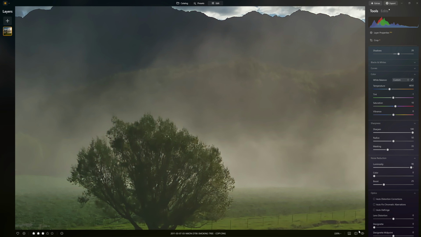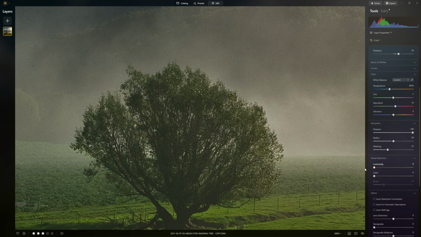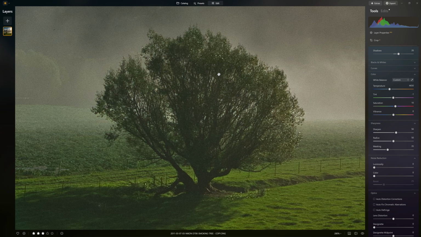But with the settings as they are at the moment, we have completely taken away the life of the photo and made it into a very kind of washed out, painterly look. That's not what we're going for. So the key here is to set the sharpening to a point where we just start to introduce the level of sharpening that we want, and we're avoiding any